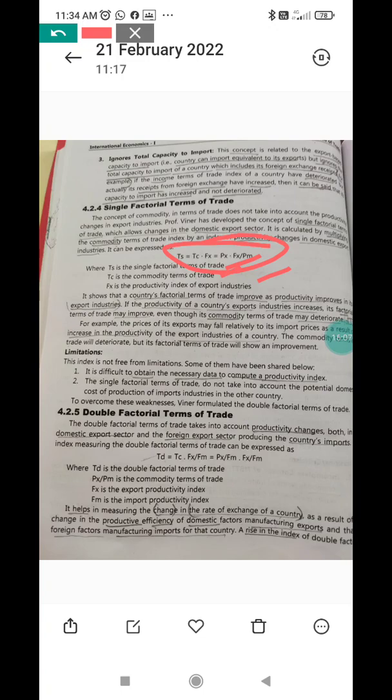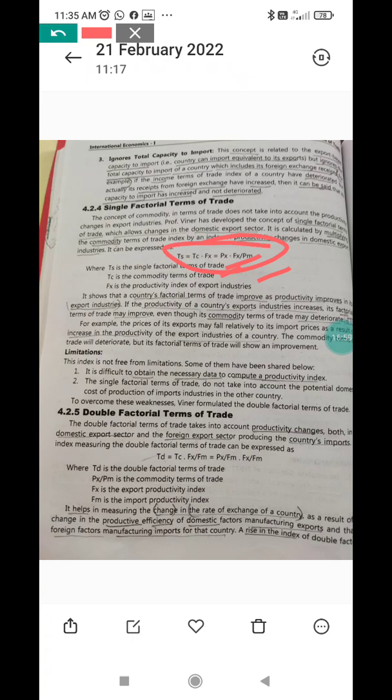Okay? If the productivity of a country's export industry increases, its factorial terms of trade may improve, even though its commodity terms of trade may deteriorate. यहाँ पे क्या बोला है, अगर प्रोडक्टिविटी कंट्री का एक्सपोर्ट इंडस्ट्री इंक्रीज हो गई है, इट्स फैक्टोरियल टर्म्स ऑफ ट्रेड में इम्प्रूव। यहाँ पे फैक्टोरियल टर्म्स ऑफ ट्रेड यानी फैक्टर्स मैंने बोला लैंड, लेबर, कैपिटल, ये इम्प्रूव हुआ है, इवन दो इट्स कमोडिटी डिटीरियोरेट। अगर कमोडिटी टर्म्स ऑफ ट्रेड बिगड़ भी गई है, बट वो इंक्रीज हुआ है, प्रोडक्टिविटी इंक्रीज हुआ है। एग्जाम्पल देखते हैं यहाँ पे, द प्राइजेस ऑफ इट्स एक्सपोर्ट्स फॉल रिलेटिवली टू इट्स इम्पोर्ट प्राइजेस।